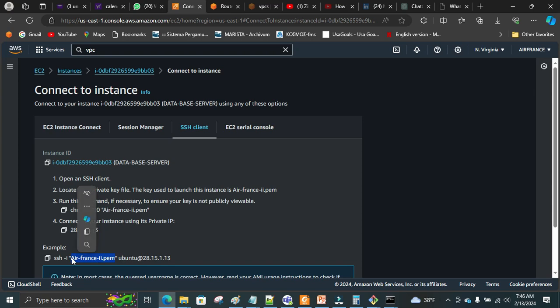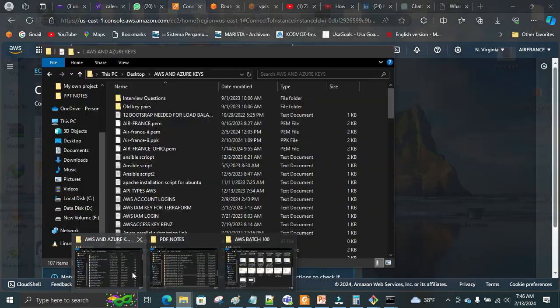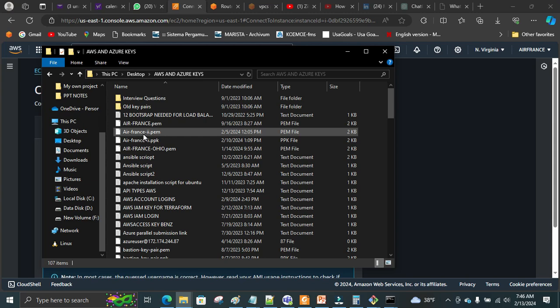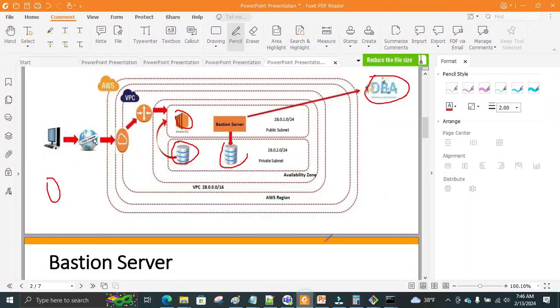So the only thing I need to do now is send this key pair from outside here. The key pair is found in my local machine. How can I transfer this key pair from this local machine into my Bastion? Transfer the key pair from local machine into my Bastion, and then navigate to where the key pair is located, and then from there now I can have access to my Bastion. That is the